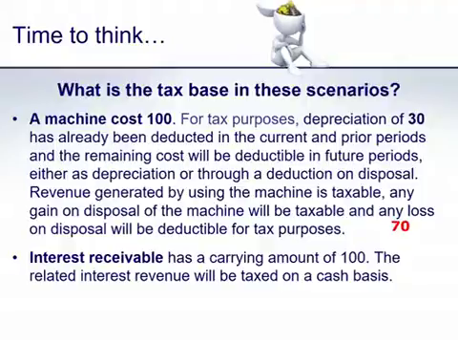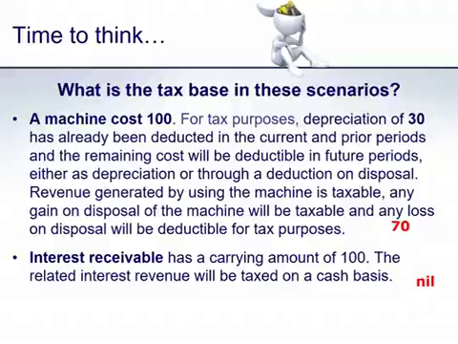There's no indication of any deduction available for interest receivable, and we also know, based on the fact pattern, that the interest will be taxable when the entity collects the money. Therefore, the tax base is nil,